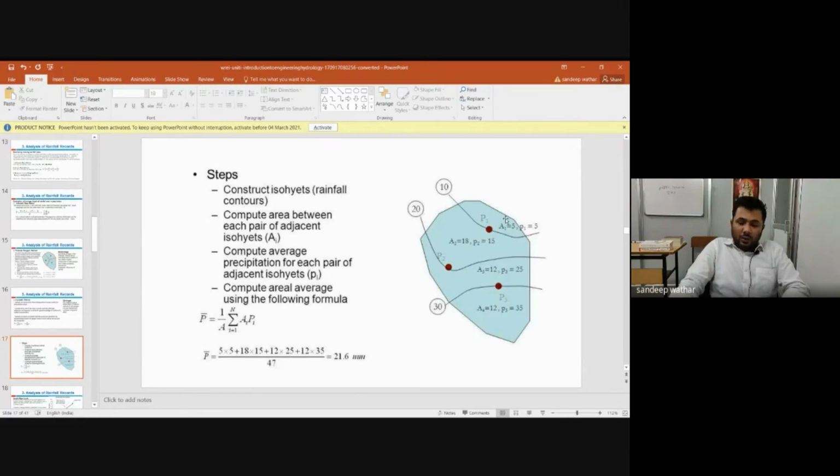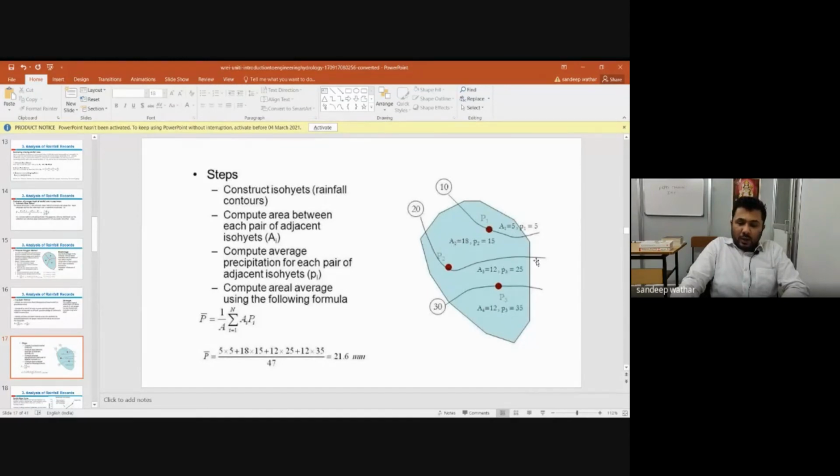Now, as this line passes over the catchment area, what we do is find out how much area is bounded by this isohyet. For example, this area which I'm pointing out is the area influenced by this isohyet. Next we go to this area, which is bounded between two isohyets. This is the first isohyet and this is the second one. The area bounded within the two isohyets is my area 2.